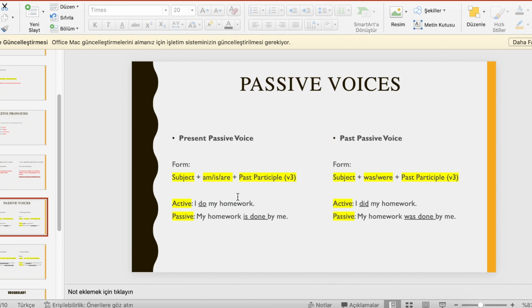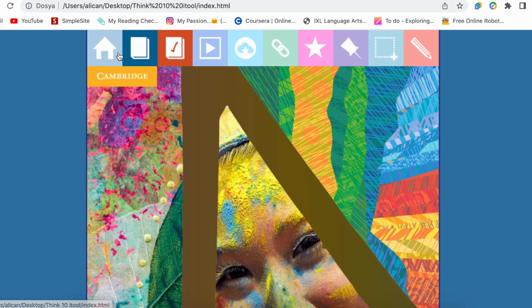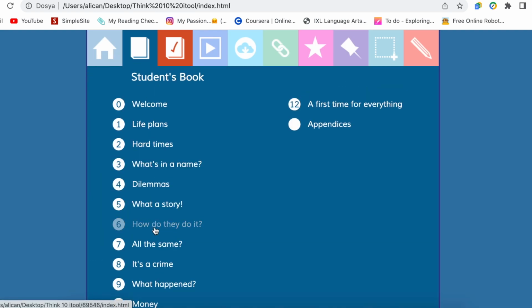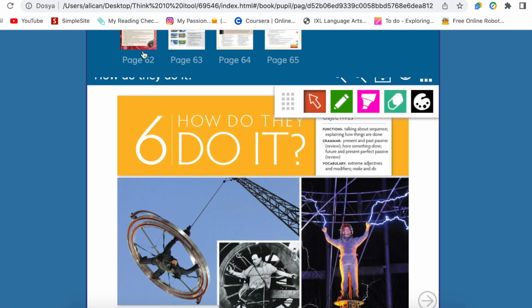For past passive voice, we form it with subject, was, were, plus past participle. The active sentence is I did my homework. Did is verb 2. That's why we say my homework was done by me. Let's go to unit 6, page 58. Open. Here you can see it says the man